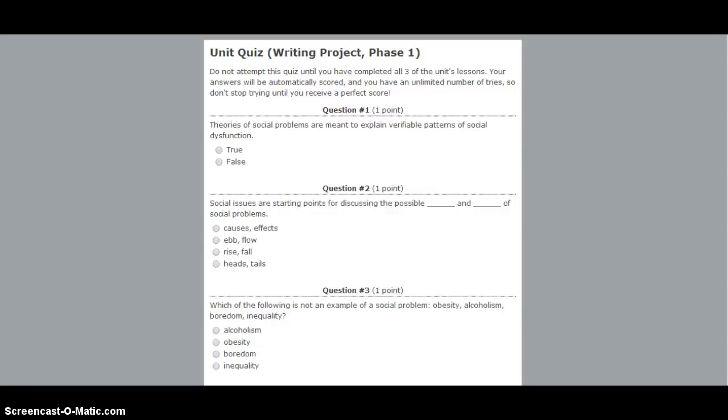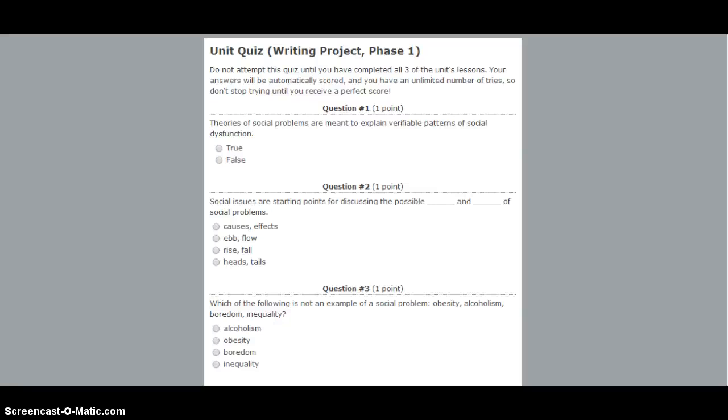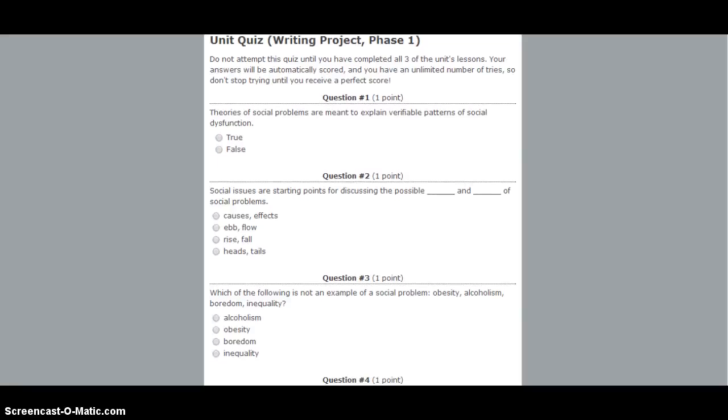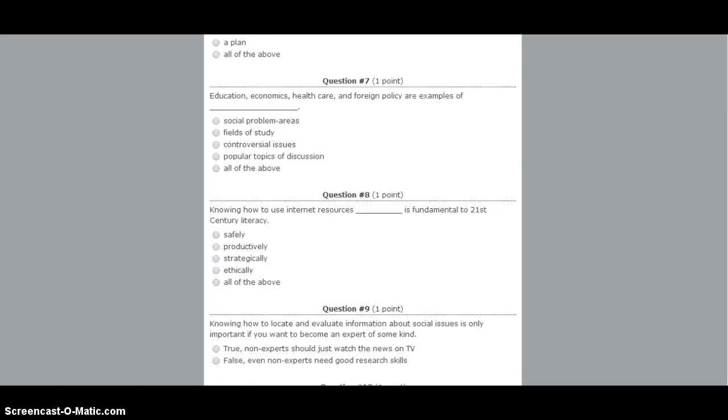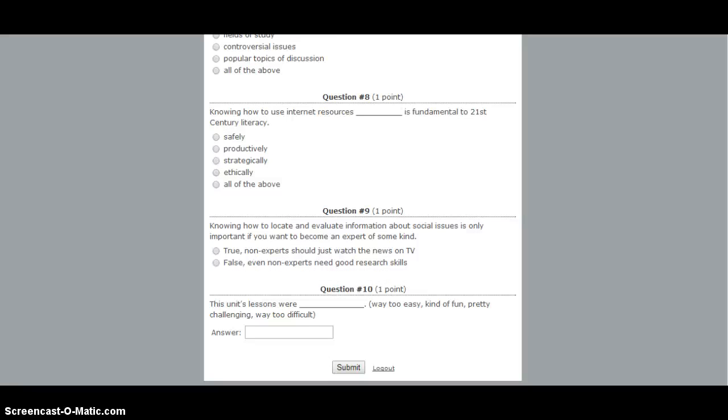It's all kind of entry level and formative for the project as a whole. And as we get to the bottom, I finally ask them, this unit's lessons were blank. Way too easy, kind of fun, pretty challenging, or way too difficult. And whatever they type in here,